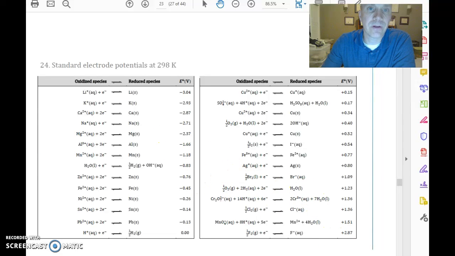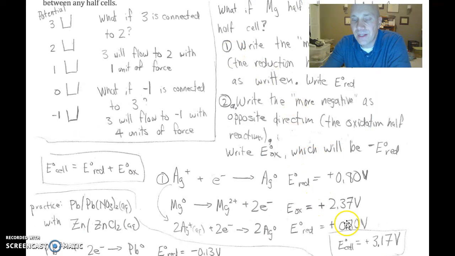One other thing that I want to point out about our answer is that if you've done this so that you're writing the actual reduction reaction that will occur and the actual oxidation, you should always end up with a positive number. All right, and what the positive number indicates is that it's a reaction that would actually occur. If you end up calculating a negative one, what it indicates is that the electrons would be flowing in the opposite direction. All right. So, in fact, if you wanted this to register as a negative 3.17